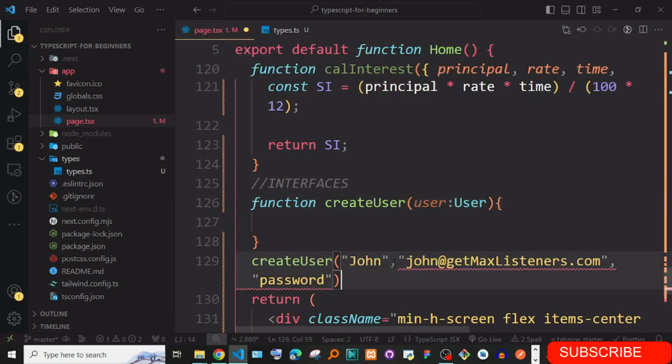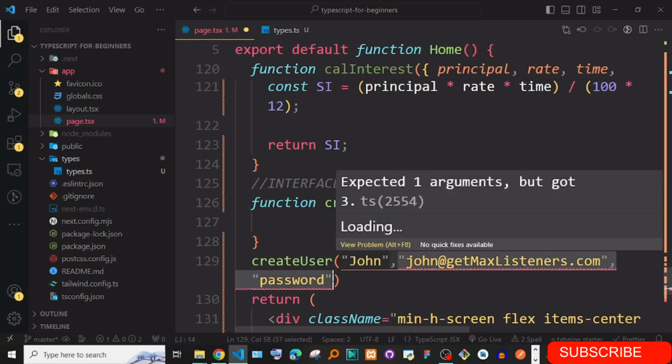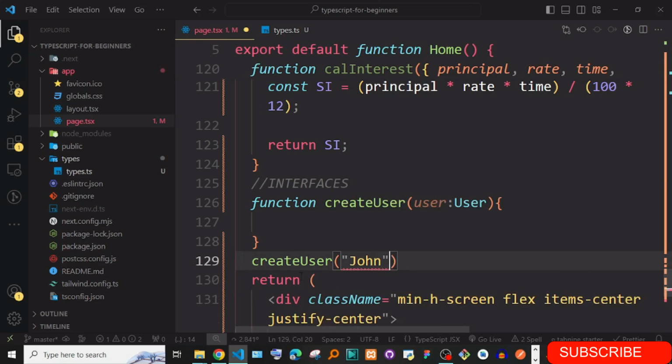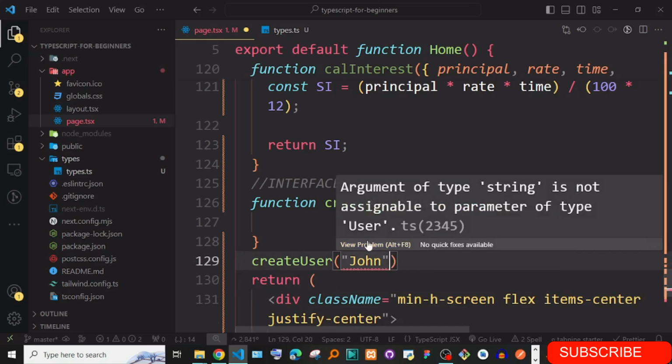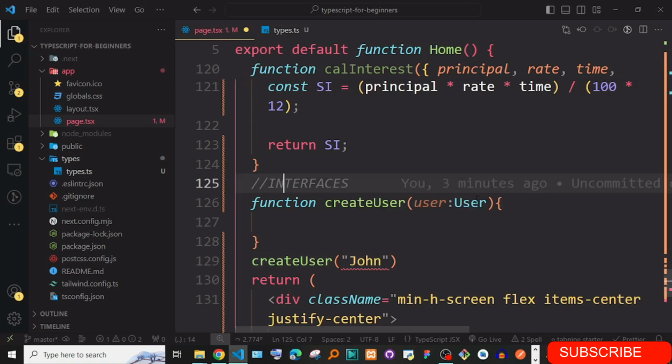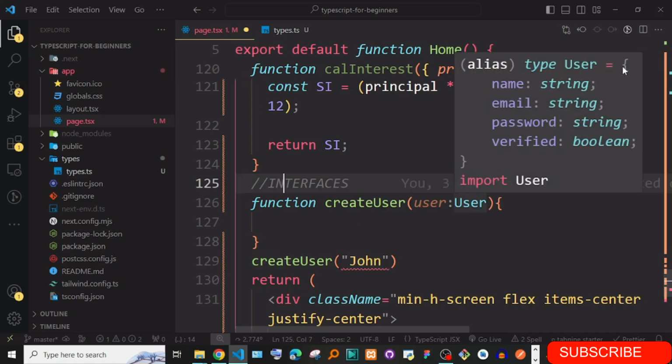Now they are saying argument of type string is not assignable to parameter of type user. What is the user here? User is an object, so you need to pass in something like this.